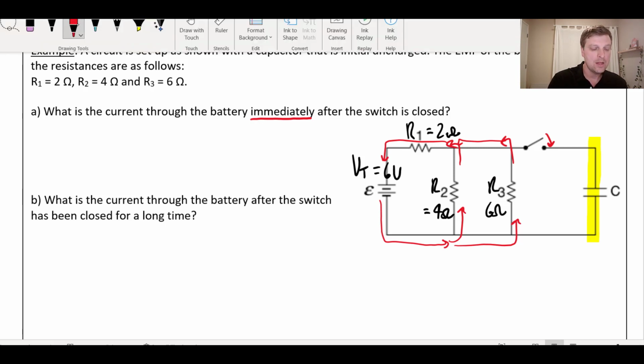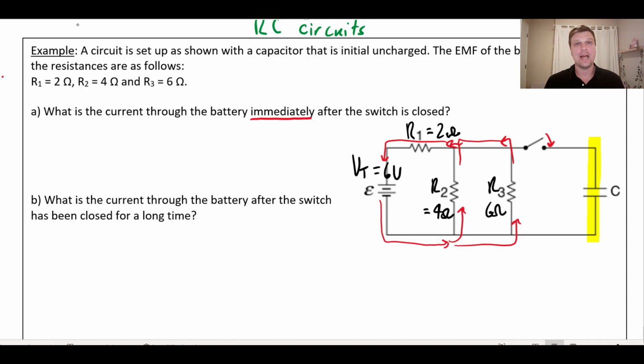And I should point out that it has no resistance the split second after it's closed. The very first electron that has the chance to go down this pathway is going to encounter no resistance all the way to the capacitor. And then the very first electron that gets bumped off of this capacitor is going to experience no resistance until it gets to resistor number 1. So functionally what the capacitor does is it offers a separate pathway that has effectively 0 resistance for the first split second. Now, after the second, third, fourth, hundredth, millionth, billionth electron piles onto this plate,